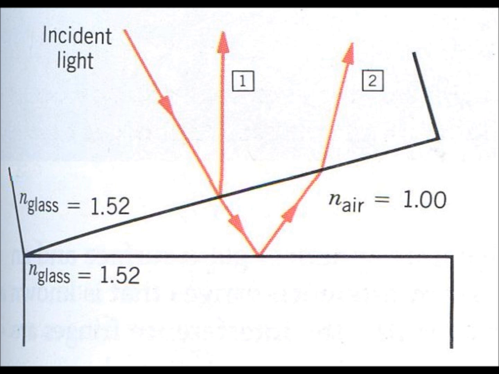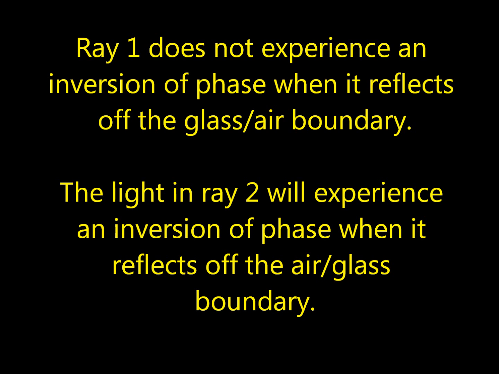Here's a diagram that might help you visualize the situation. Rays 1 and 2 are the ones that are going to interfere with each other. First thing we need to do is consider the impact of phase changes upon reflection. Ray 1 doesn't experience a phase change because the air, that is the second medium, has a lower index of refraction than the glass where the ray is coming from. But Ray 2 does, because the air that it's in has a lower index than the second glass plate below it.